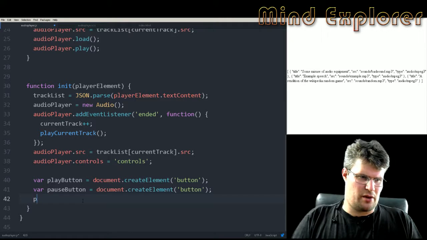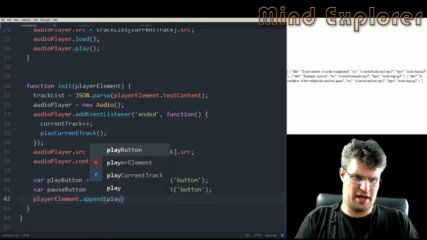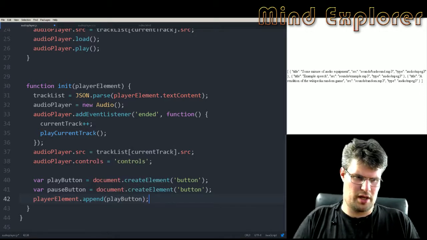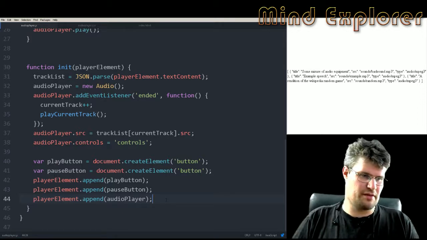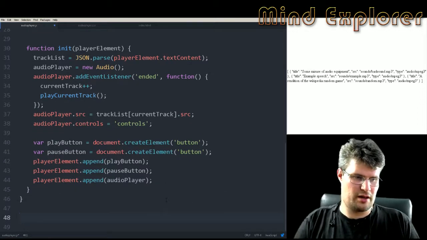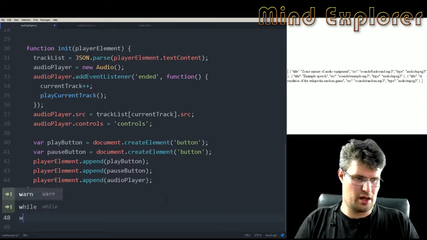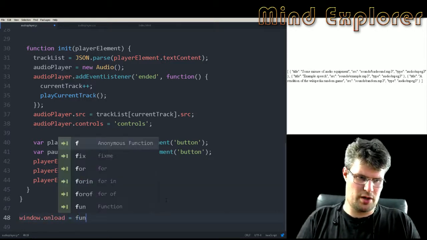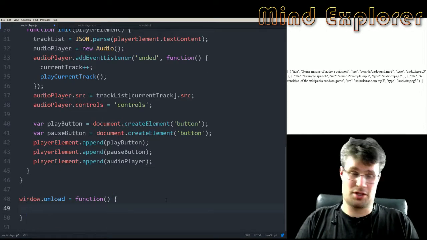Say we take our player element and we append our play button. We append our pause button, and we append our audio player, just so we have something visual on screen. And down here, when we have actually loaded this, so we take window on load, so when the window is loaded, we have a function that searches for all the players